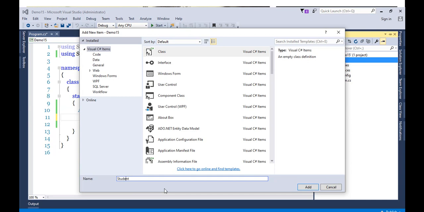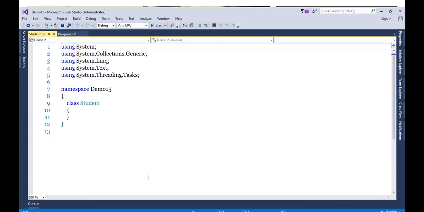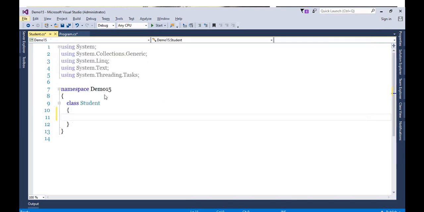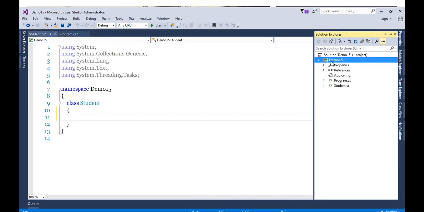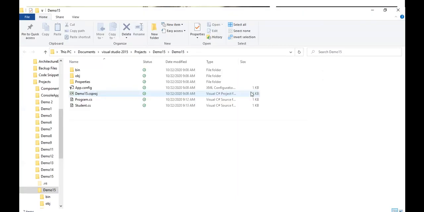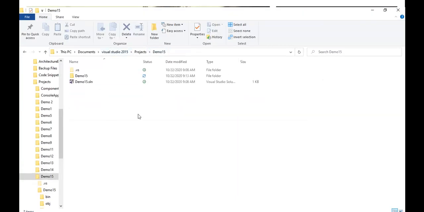I will take the same Student class from the previous example.